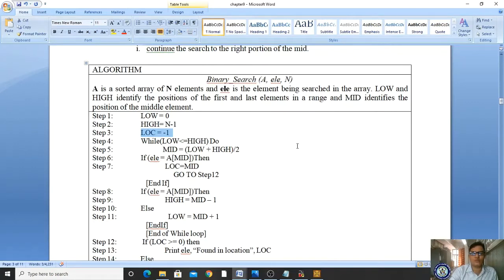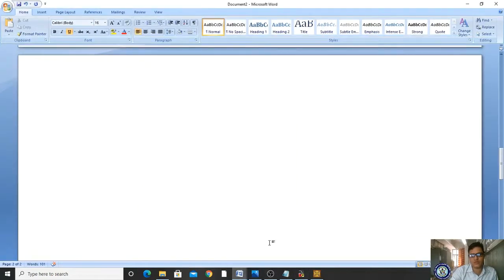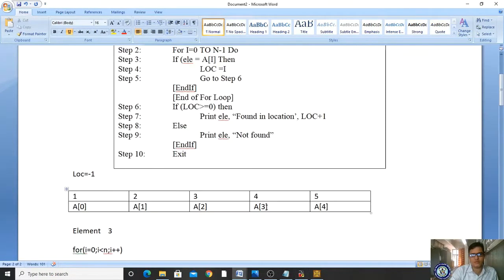Now we want to identify the mid value. So if you want to identify the mid value, you have to write one condition. You are checking this while condition: while low is less than or equal to high, 0 less than or equal to 5. I'm taking the same example as the previous one, but I am changing the values. Here it must be in sorted order. It is already sorted, 1 2 3 4 5 like this. It has to be provided; if it is not in this order, then it will give wrong results.